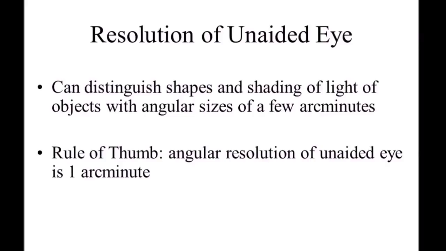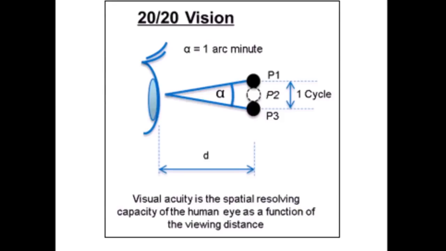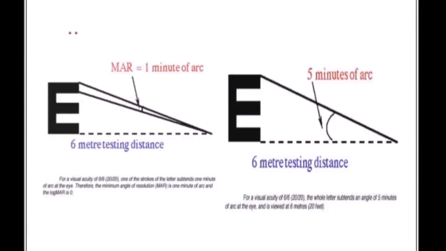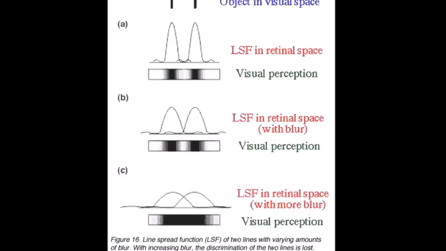The generally accepted value for the angular resolution limit or visual acuity of the human eye is about 1 arc minute, which equals 0.02 degree. This means that at a distance of 1 kilometer, the human eye can resolve an object that is about 30 to 60 centimeters in diameter. Beyond this, the angle formed in the observer's eye gets smaller than 1 arc minute, and the object will blur and then finally disappear altogether.